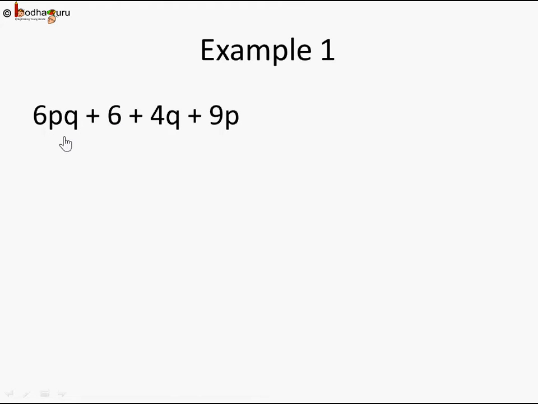Try to find out, is there anything common across all the terms? If so, then it is easy, we can use the distributive law, right? 6 can be thought of as 2 into 3, and 4 as 2 into 2, and 9 as 3 into 3. So 2 can be common between these 3, but there is no 2 here. 3 can be common between this, this and this, but it's not here. q is common between this and this. p is common between this and this. There is no point in taking 1 out of it because it will remain the same. So there is nothing which is common that we can take out.